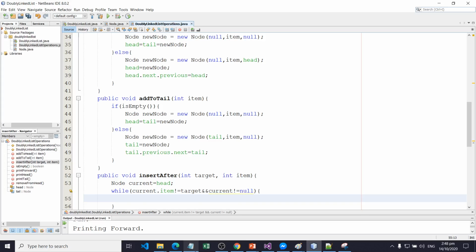So current is equal to current dot next, that will update the pointer to the next node.